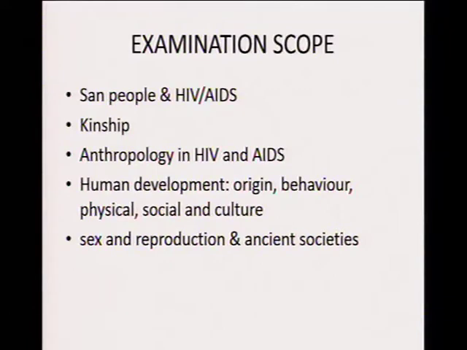Then secondly, you're going to look at kinship. You have to define what is kinship. What role does kinship play when it comes to family? Now, kinship or family plays a different role or has a different interpretation depending on the context and the background of a certain culture or norm. So you have to discuss kinship in the context of different traditions and cultures, and how the interpretation of kinship differs in certain cultures.